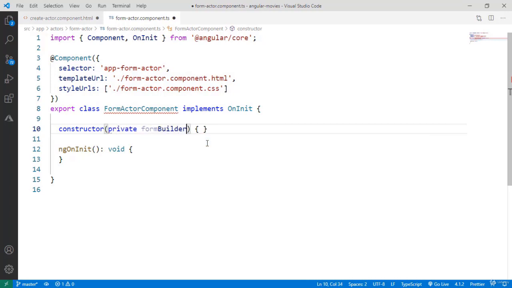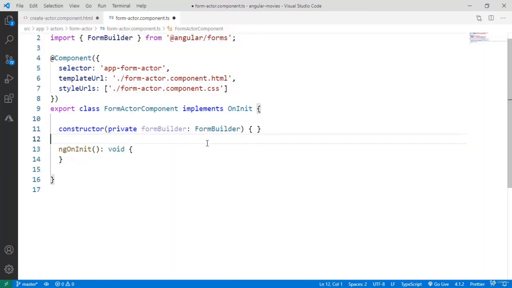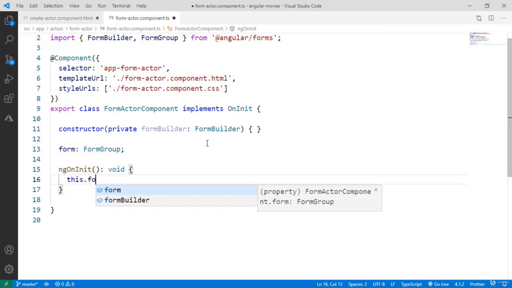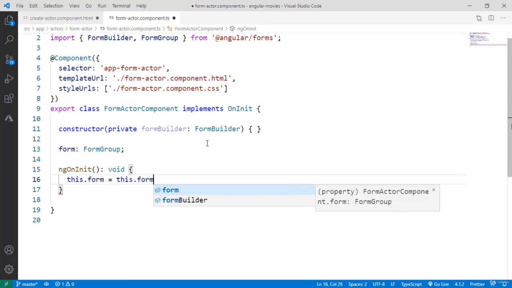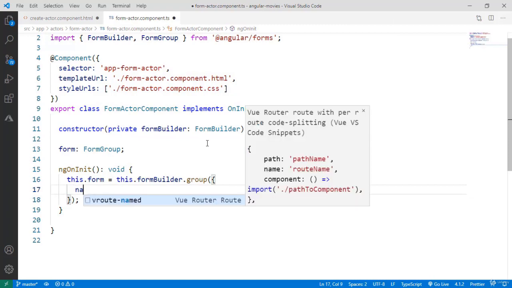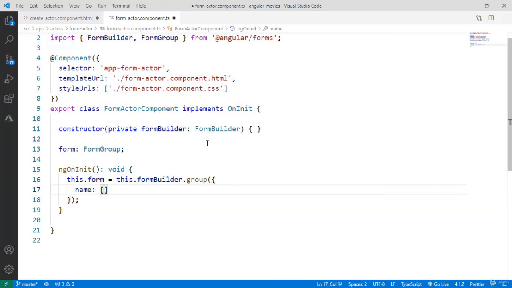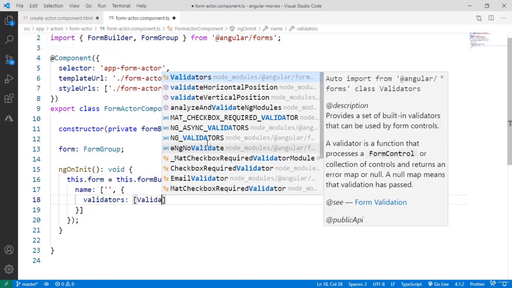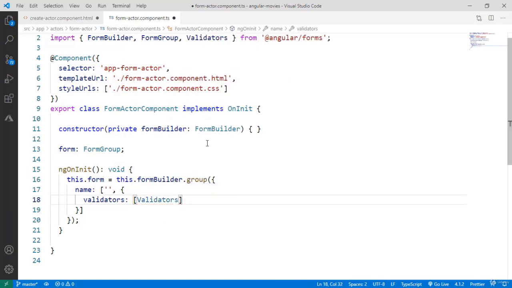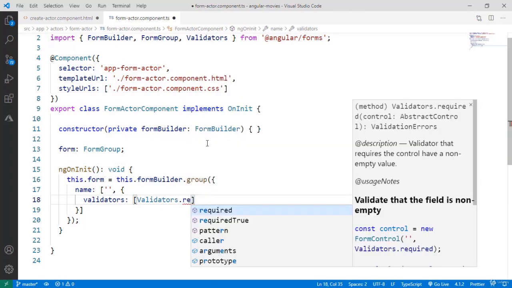So form builder, and we're going to have a form group here, and let me say this.form equal to this.formBuilder.group, and in here we're going to say name for the name of the person, and we want to have an initial value of nothing and some validators. So let me say here validators equal to an array. Here I will say Validators, and let me import this namespace, dot required,